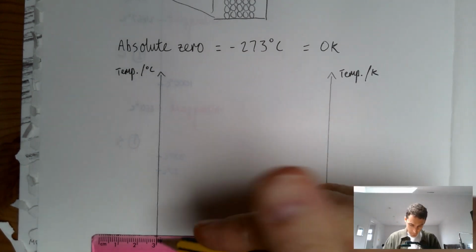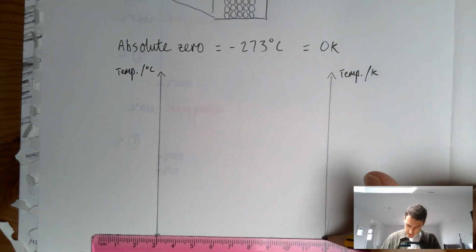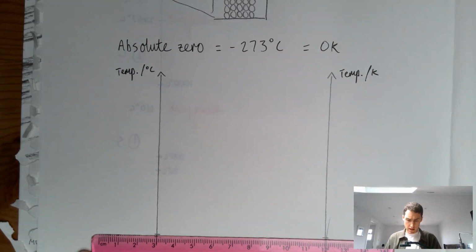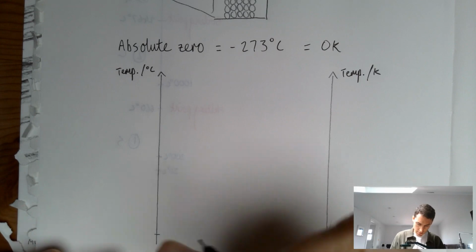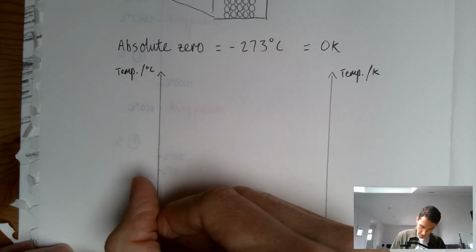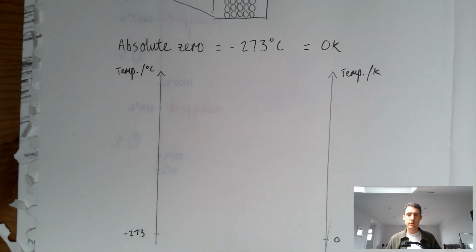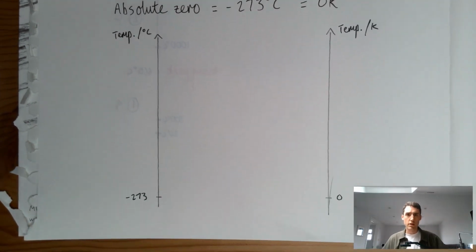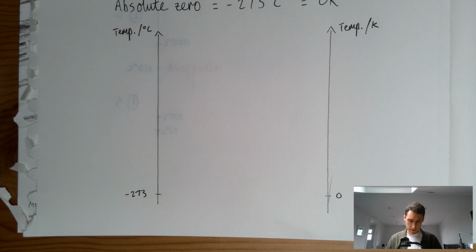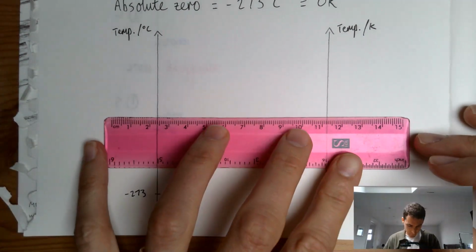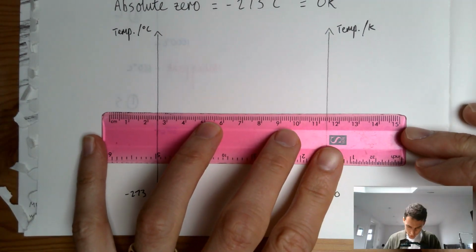And what I want to stress to students is that these points, I want to put them side by side, so like that. So this is going to be minus 273, and this is going to be 0 for Kelvin. Let me move that so you guys can see a bit more clearly. So then I'm going to put the melting point of water,